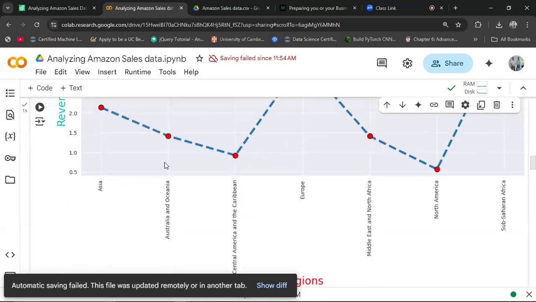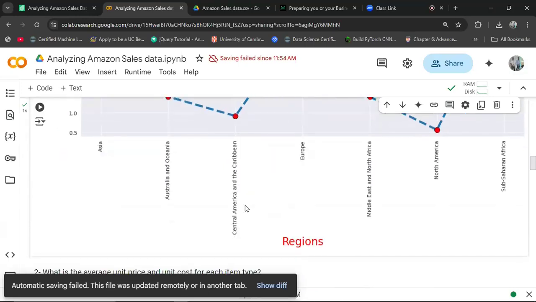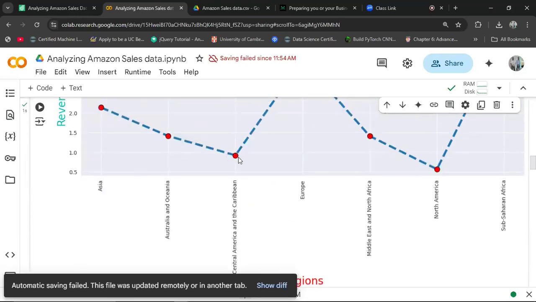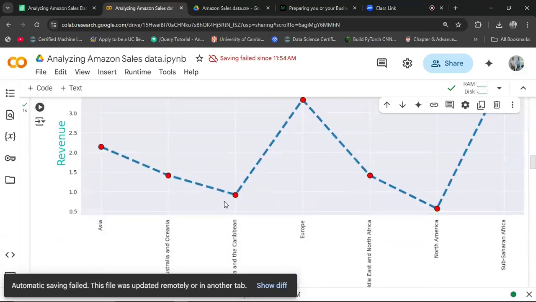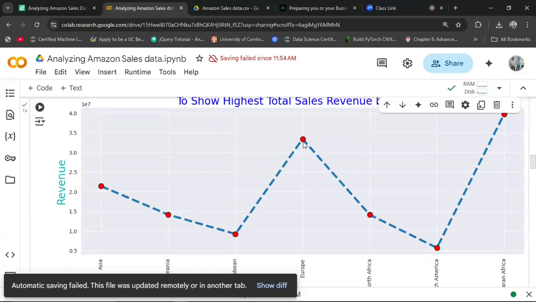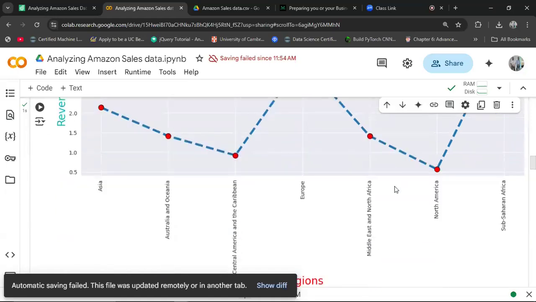Australia is contributing $15 million. Caribbeans, they are contributing $10 million. I hope you can see the conversion rate here, $10 million. Europe contributes around $33 million. North Africa contributes close to $15 million. North America contributes close to